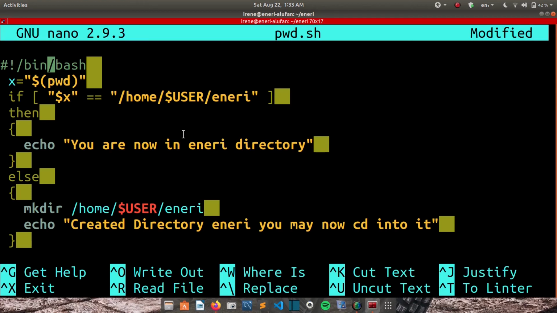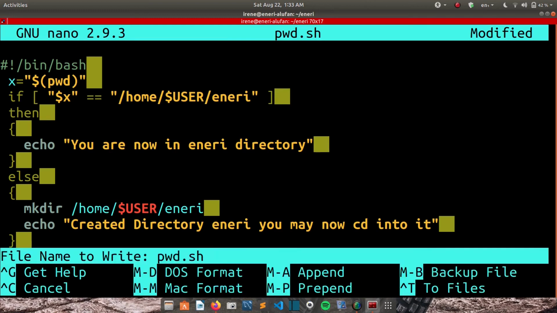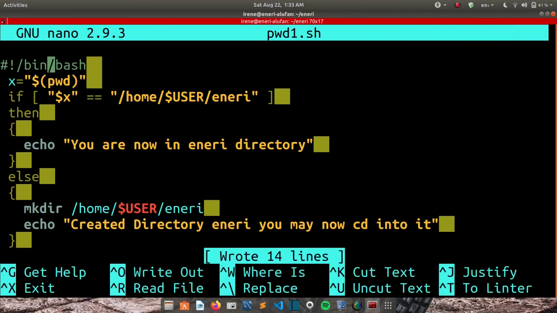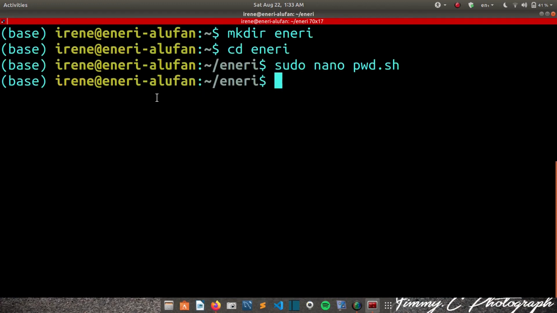So when you finish, you can save it by using Ctrl O. So I'll use Ctrl O, then I'll save it as pwd1.sh, and then yes, so it shows you wrote 14 lines, and then to exit you just use Ctrl X,